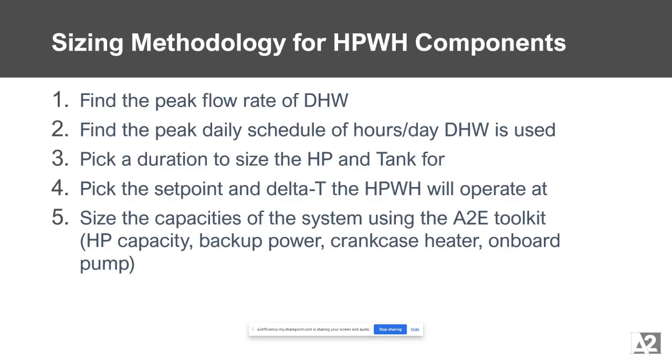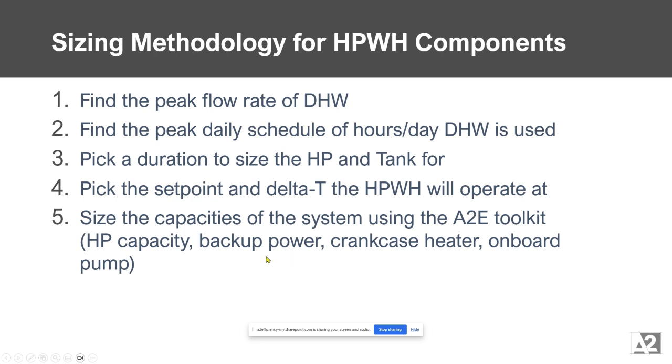All right, so another way is to just use the numbers from assumptions around hot water flow and some basic assumptions about how long we think that system should run to refill the tank with hot water. So this approach that we're going to look at in Excel is based on the peak flow. It's based on the daily schedule of fractional hours in a day, the draw schedule for hot water. We're going to make an assumption for how long we want that heat pump to run to recharge the tank. We're going to pick a water temperature. We're going to pick a delta T, a change in water temperatures that we're going to assume the system operates with. We're going to size the system